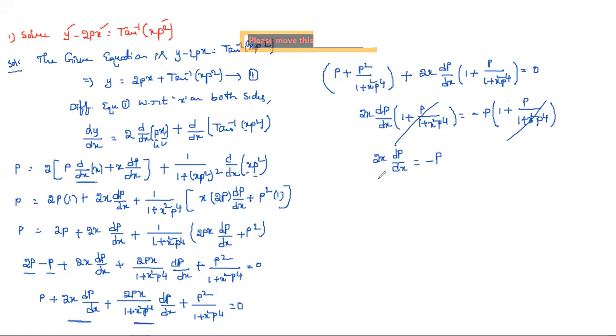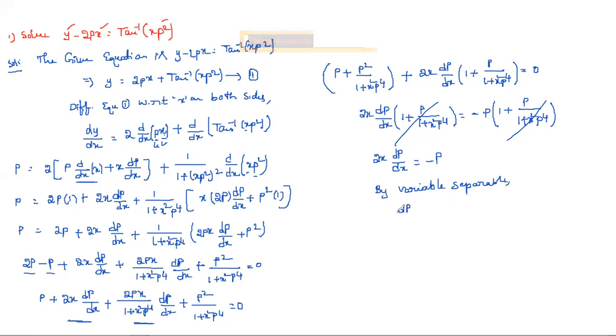Okay, this is a differential equation. I got it now. Now I need to find the solution for this, right? So for this, simply what can we apply? The variable separable method. So we can apply the variable separable method for finding the solution for this. It means separating the variables, y terms on one side and x terms on the other side. So for this, take this p to this side and take the x terms to that side.